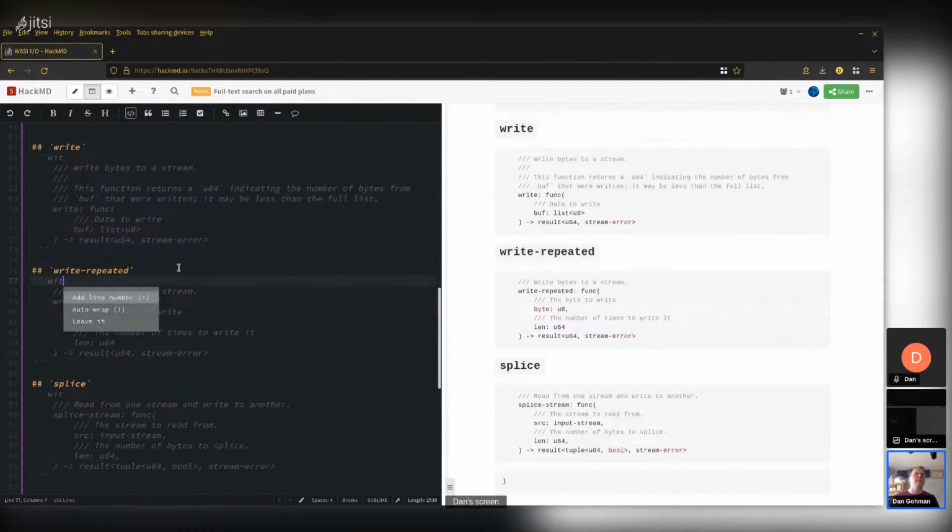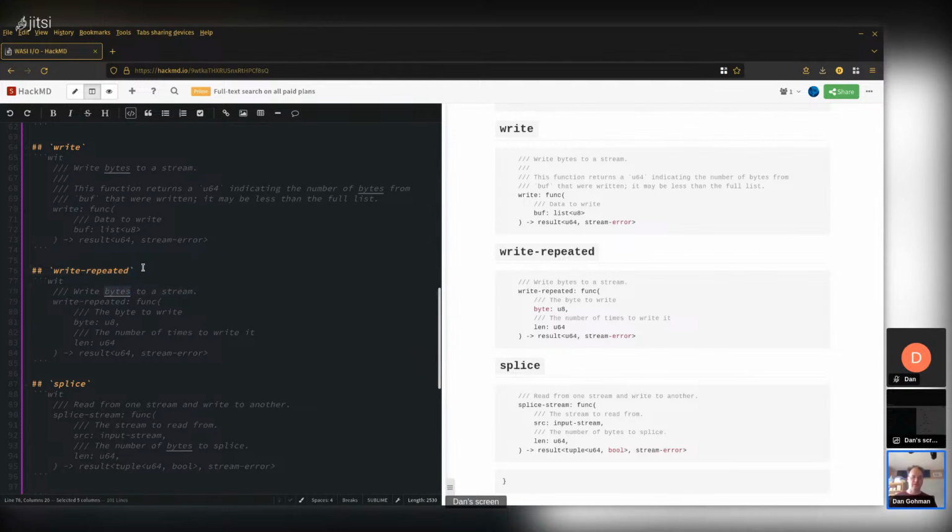All right. So in the write case, we actually include, in addition to write, in the read case we had read, and the one extra goodie was skip. In the write case, we have a number of extra goodies here. So write repeated is another one of these small pieces of the zero copy IO story. If you know you're going to write, for example, a stream of zeros that has a number of zeros in a row, you can tell it to do write repeated.